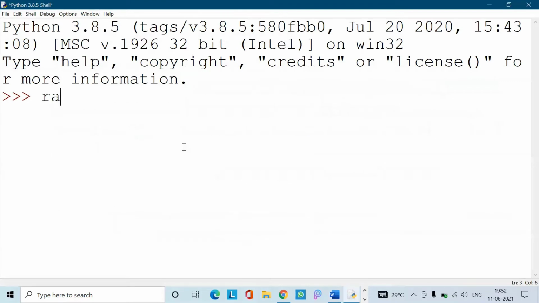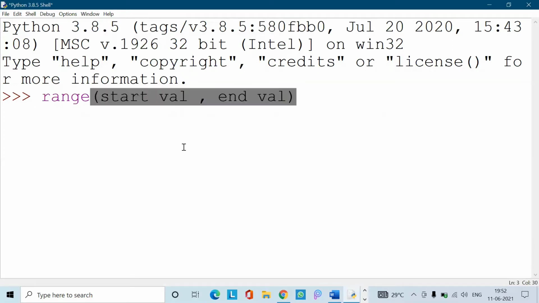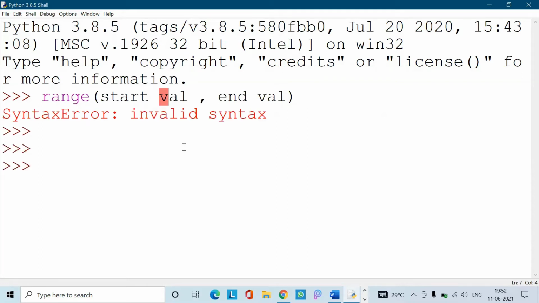So let us see how we can use range in our programs. Let me show you the syntax first: range, start val, comma, end val. Forget about the error; I am only trying to show you the syntaxes of the range function. One is range with a start val and an end val.